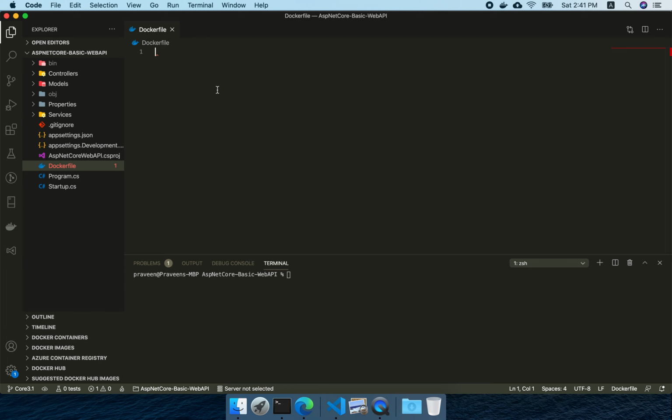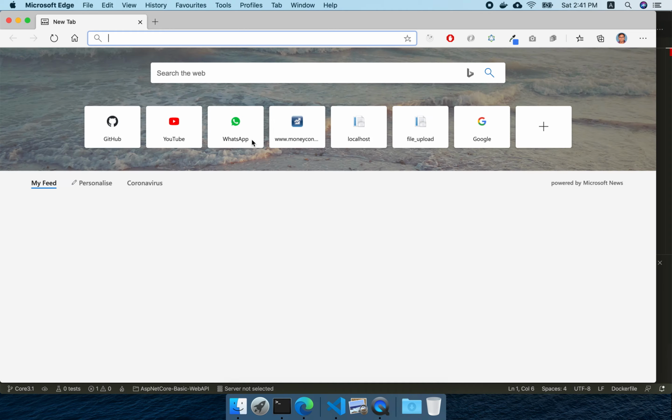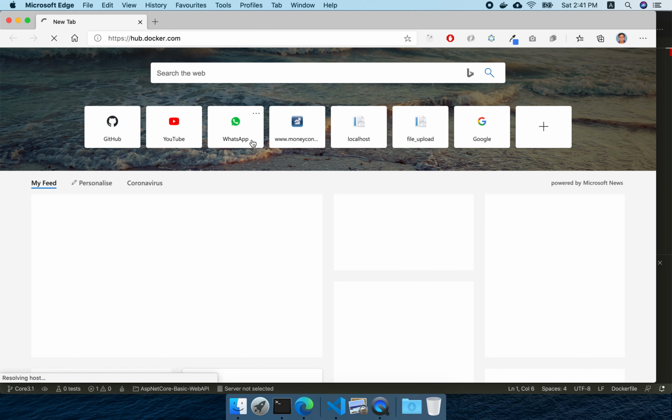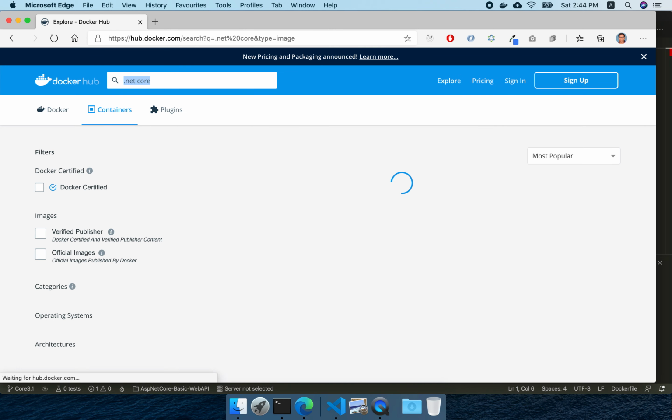The next step is the syntax: it should start with FROM, and you need a base image. So from where do we get it and what do we need? We need an SDK image. For this, go to hub.docker.com and type .NET Core.